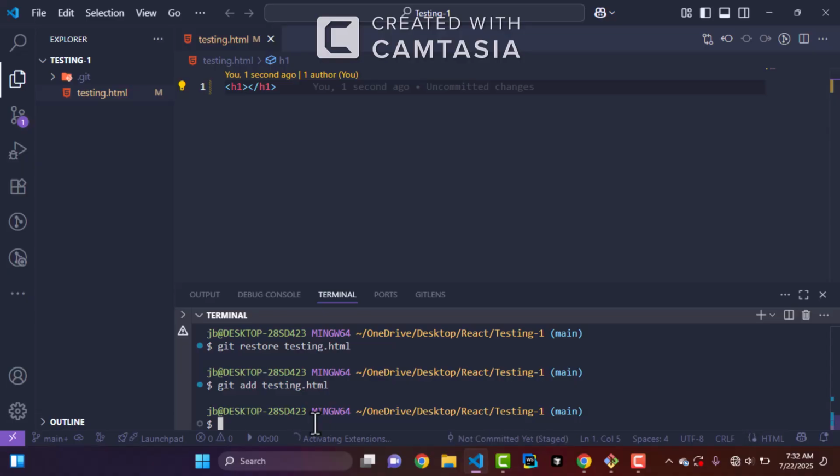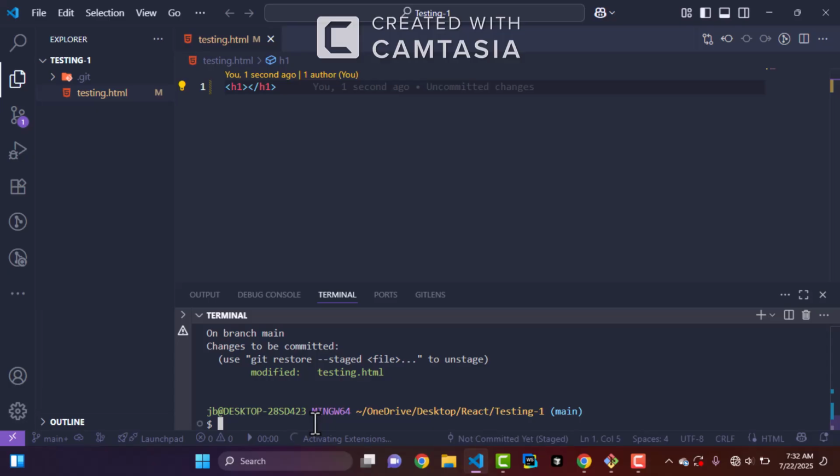After doing this, if we type git status, it's green, meaning that it's added but still modified. So now we need to commit it because we've now made a change in it and we need to commit that change. So if I type git commit with another message symbol, second commit,